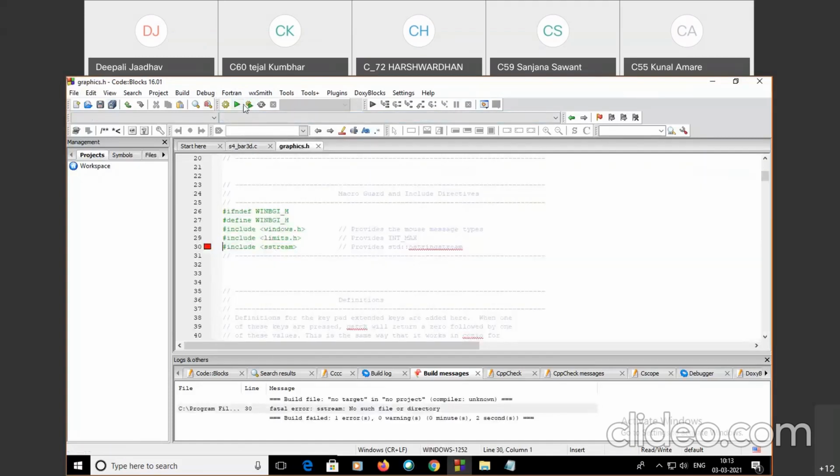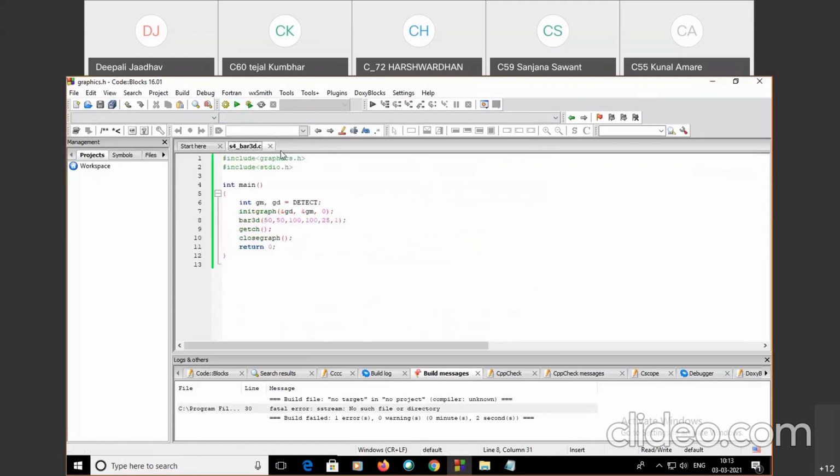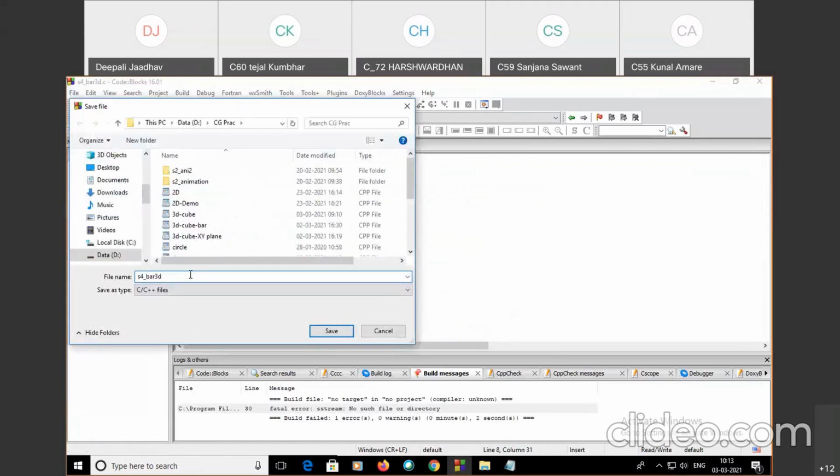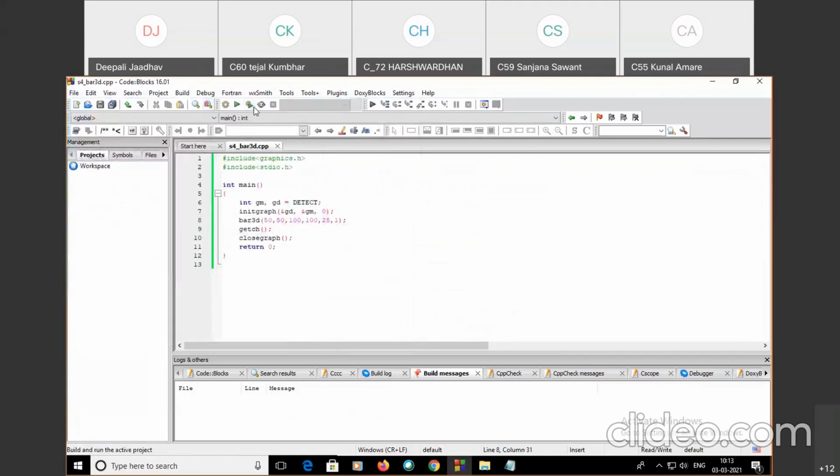Okay, I did not save it in the proper way. Save as .cpp. Then I executed.